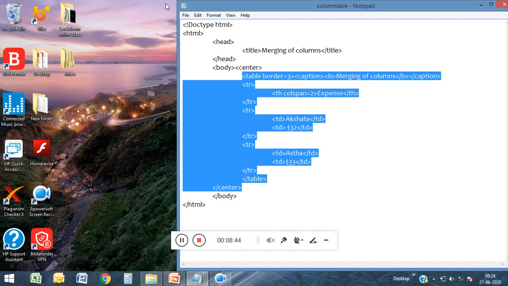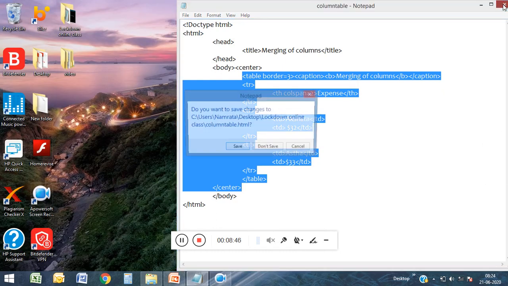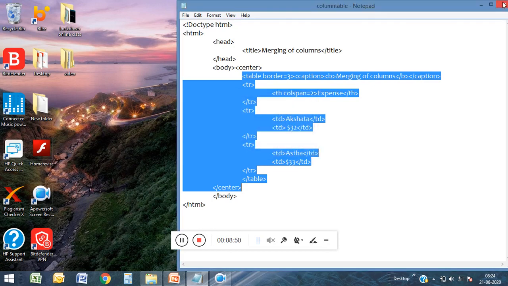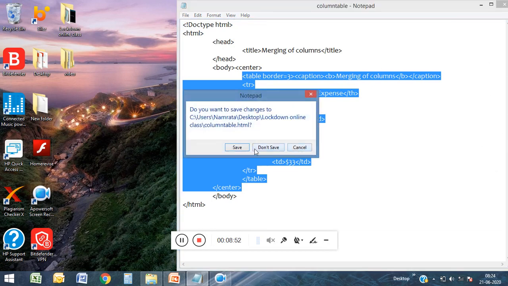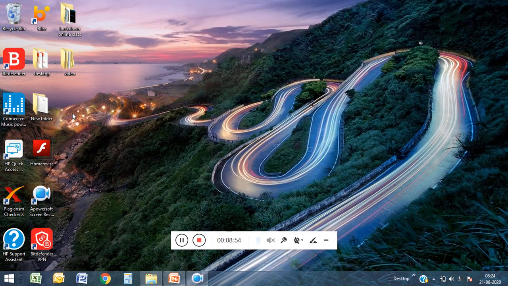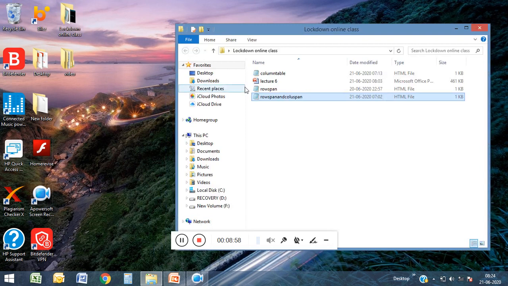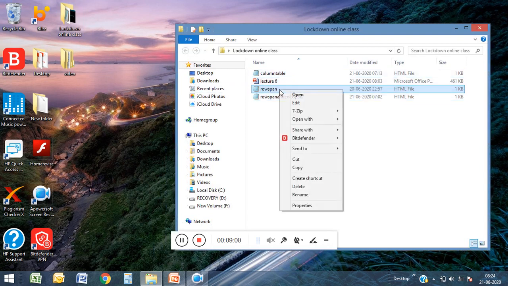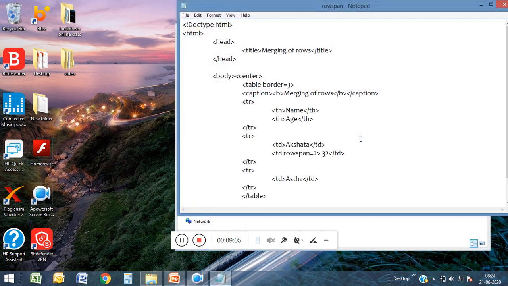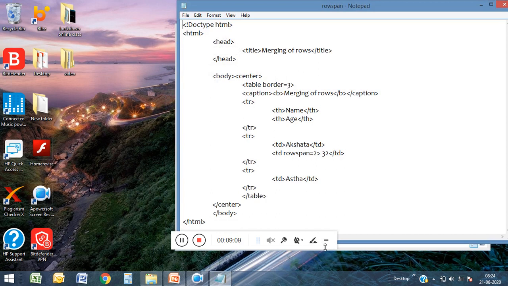Now check the next, that is your rowspan. I create one more program, that is your rowspan. See, this is your notepad, and this is what is there in the output.